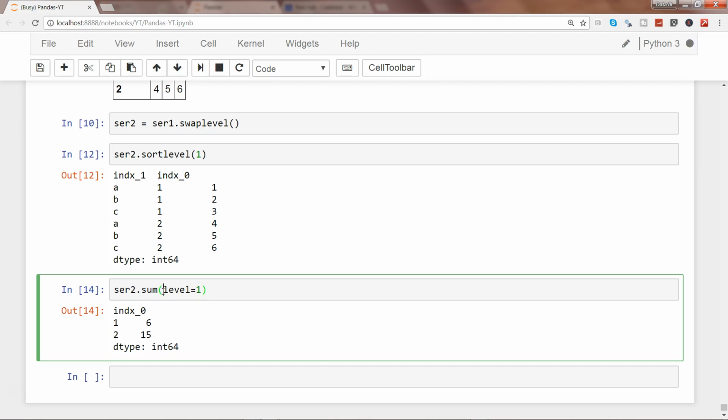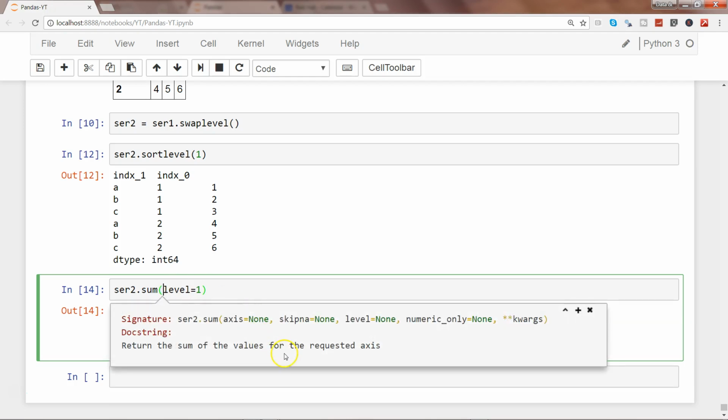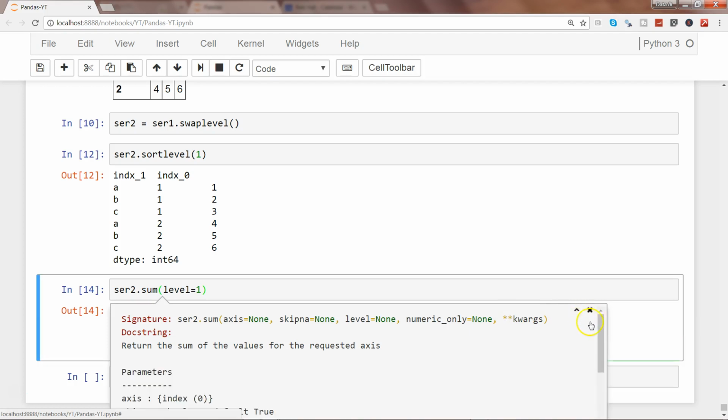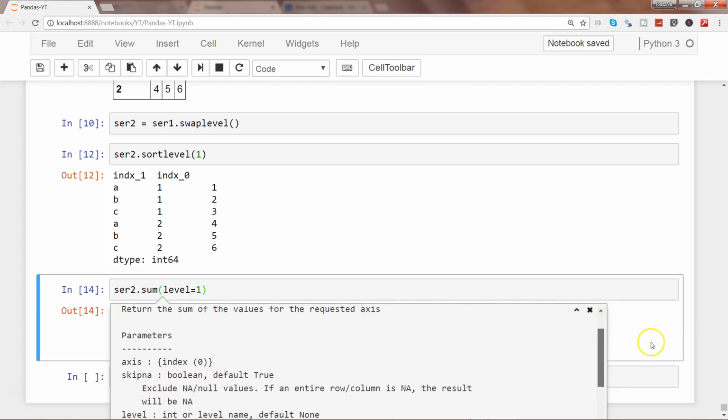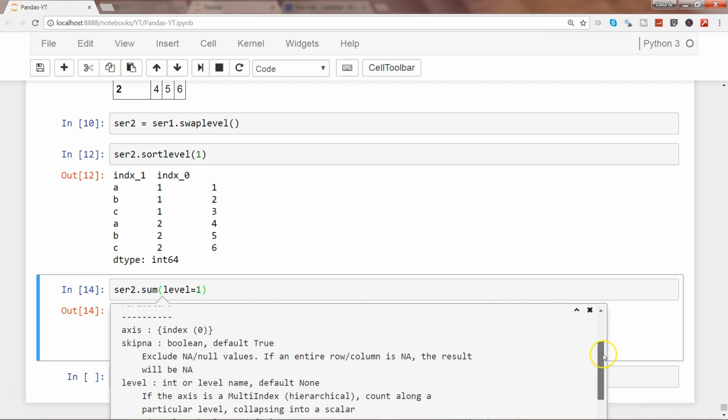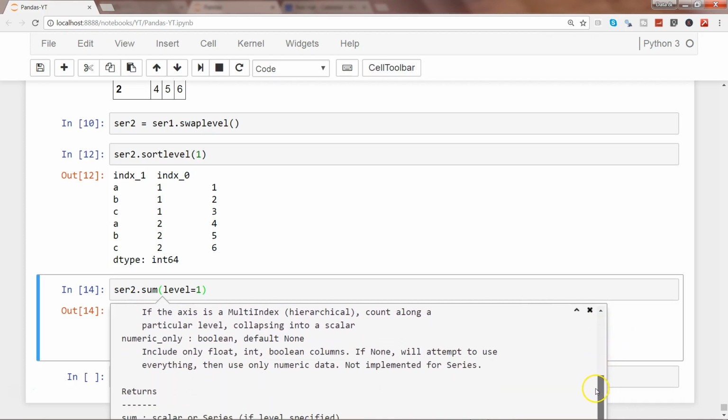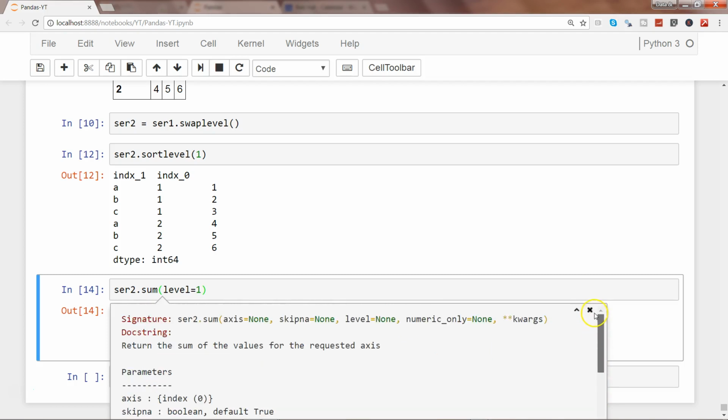And you can see its additional properties by pressing shift tab. Again, axis is equal to none, skipna, whether you want to skip any NA or not, and you can actually expand its properties so that you can go down there and see its different properties and their explanations about what it is. So what we are using over here is simply the level parameter, but nothing else, because it's a pretty basic and simple example just to understand how the sum basically works based on the different levels that we have in the